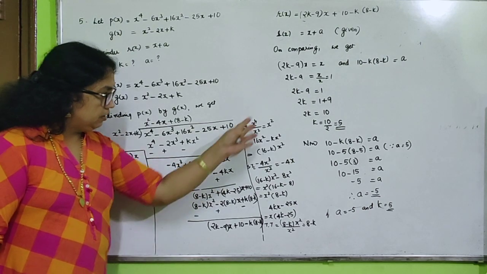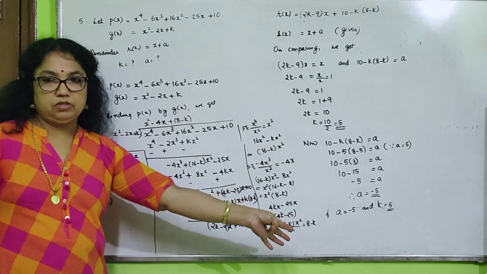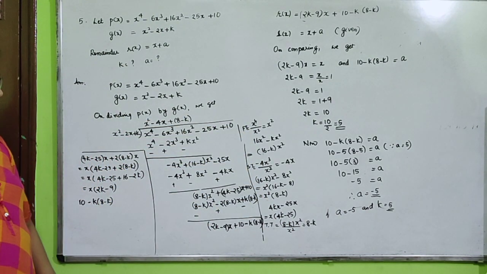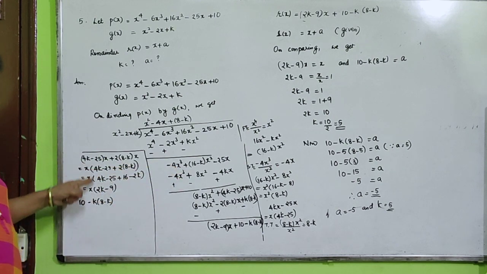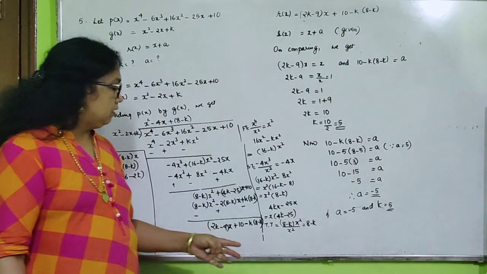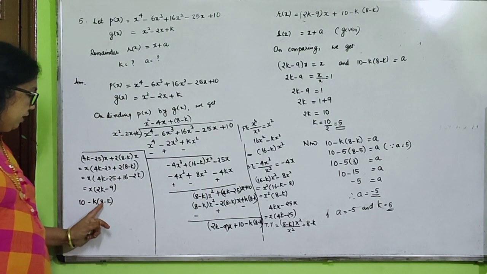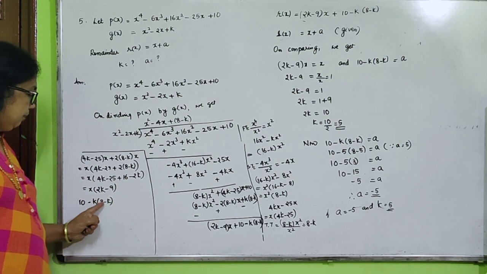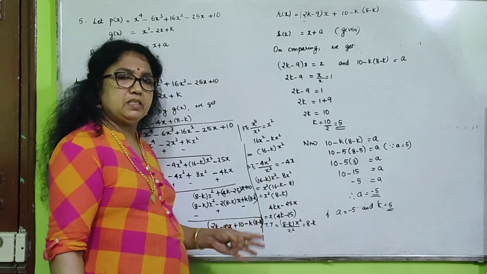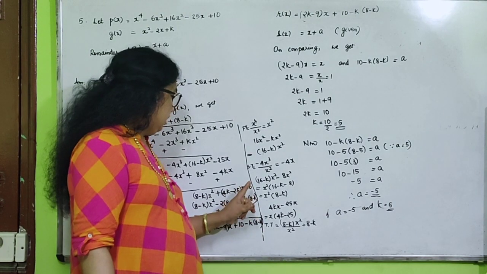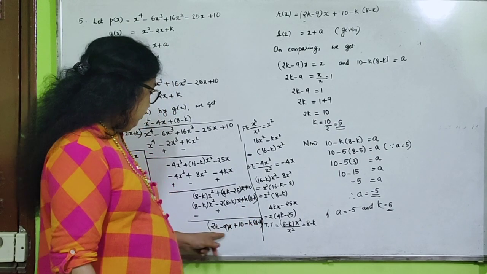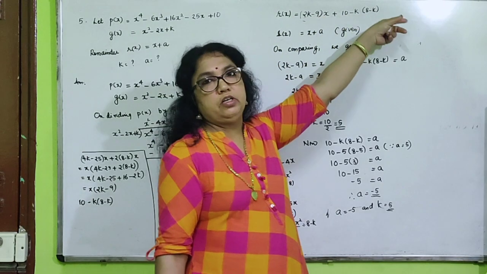While doing subtraction, you have to make a margin on the right side. There you do the calculation. In this way you have to show the calculations, then you can easily understand. So that subtraction only I have shown here. Then the x term you got. The last term is the constant. Actually you can multiply 10 minus k into 8 minus k, but I have not done that. Keep it like that only. Two plus three, 2 plus 3 form only we wrote. 10 minus k into 8 minus k written. So that we got as the remainder. In this form you got the remainder.